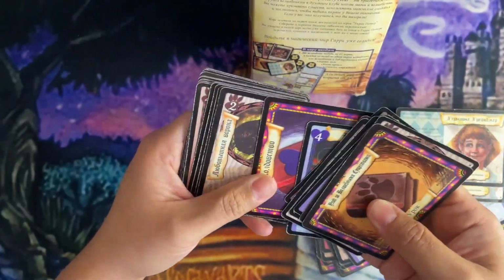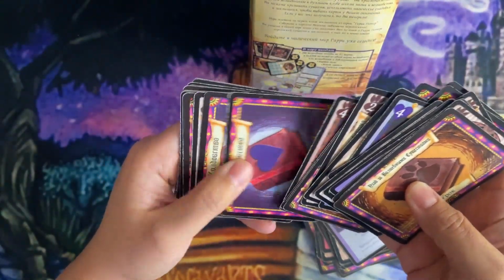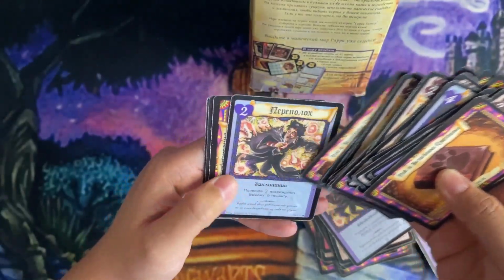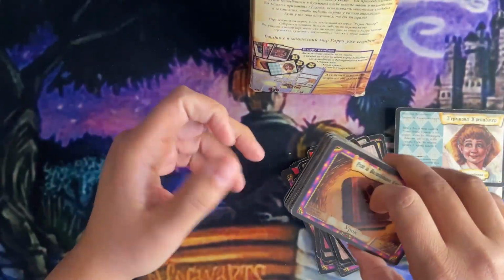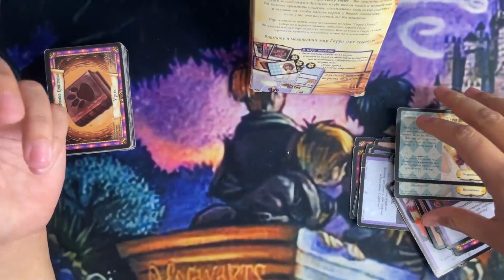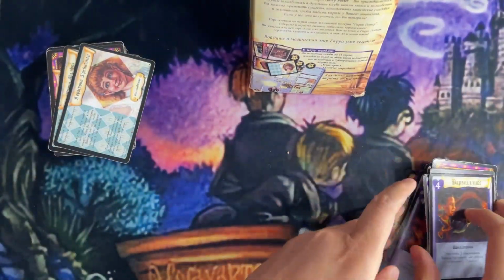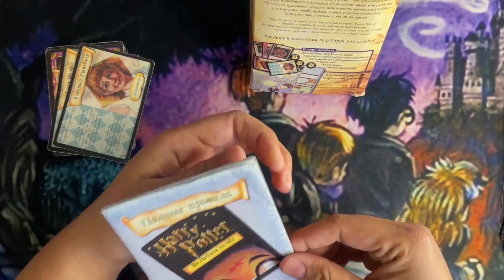Yeah, just a bunch of spells and creatures and lessons. All the good stuff. Another thing that made this whole set really sort of authentic, I should say, right? I don't know really what word to use, but I really appreciate the efforts that they put